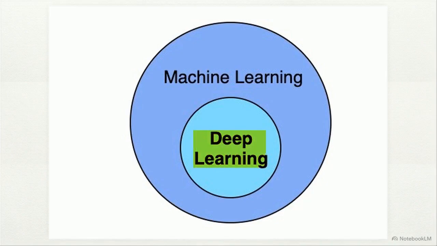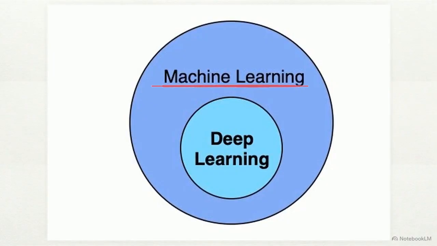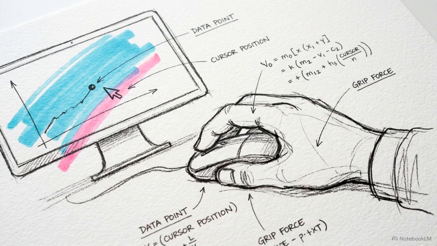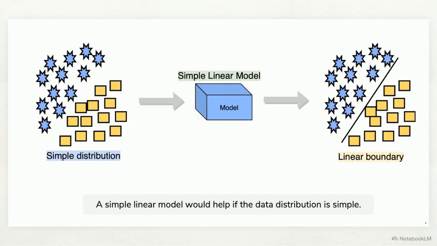This nested diagram situates deep learning within the broader field. A standard machine learning algorithm takes inputs, maps them to outputs, and learns the relationship between those features and labels. For decades, conventional machine learning relied on human engineers to manually handcraft and select the specific features the model would evaluate before processing began. This diagram shows how a simple linear model effectively separates a basic data distribution using a